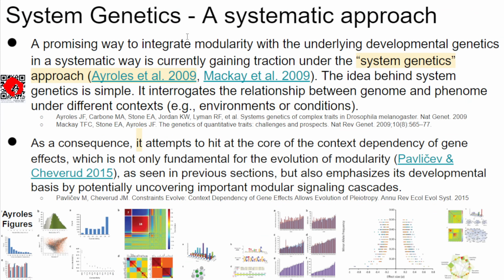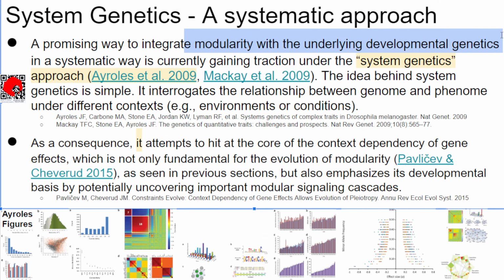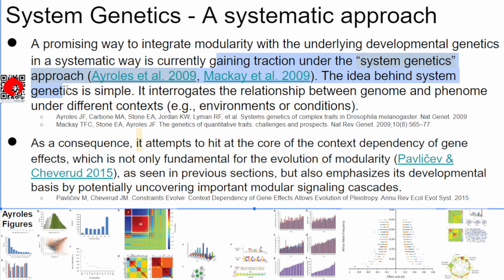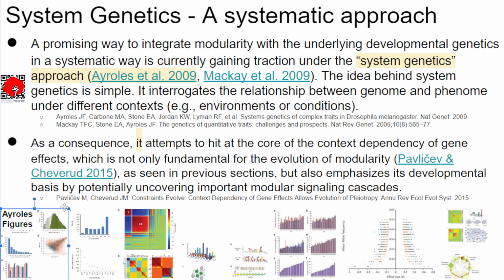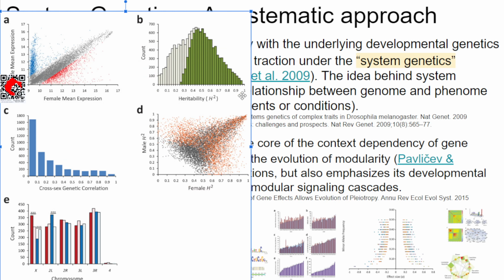A promising way to integrate modularity with the underlying developmental genetics in a systematic way is currently gaining traction under the systems genetics approach (Iroles et al., 2009). So just to expand a few of these figures, this is a review paper from